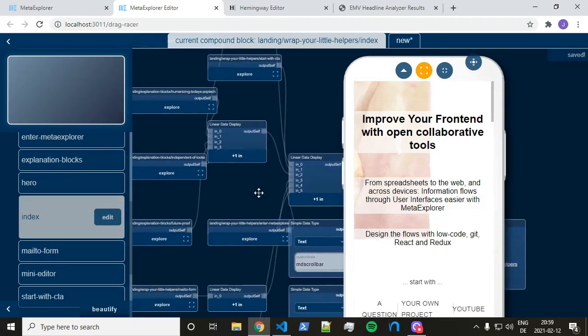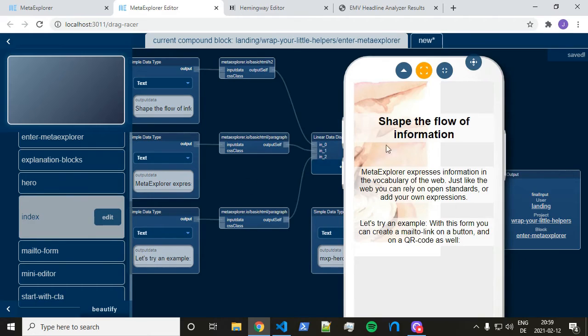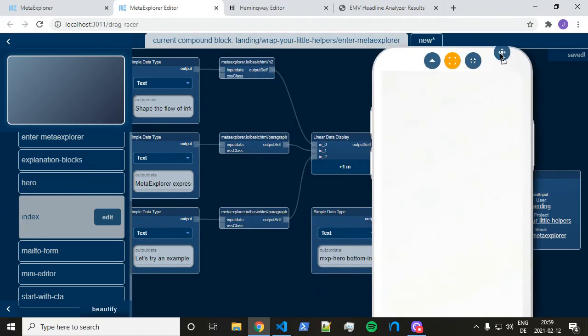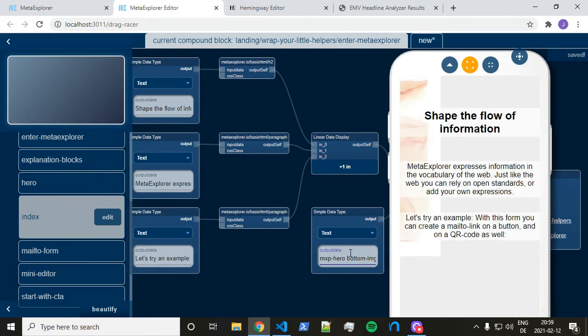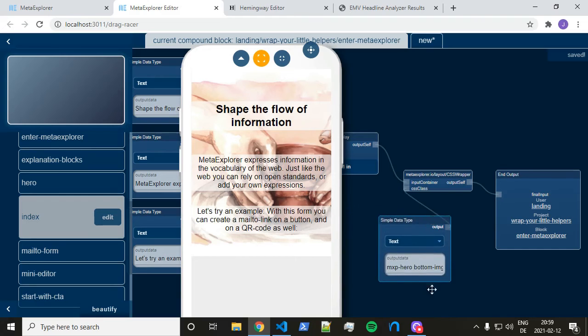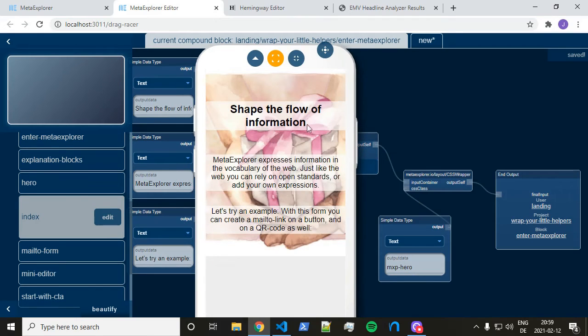So for that, we are going into this one, enter MetaExplorer. Here we have this illustration in the background, and here I have the class bottom image here. Okay, just quickly move this around. So if I change this now, what will happen is that it's taking the top image only. So I think this part is done,